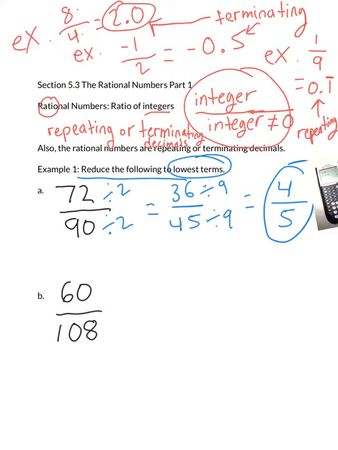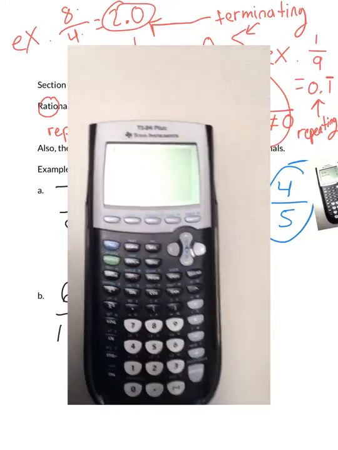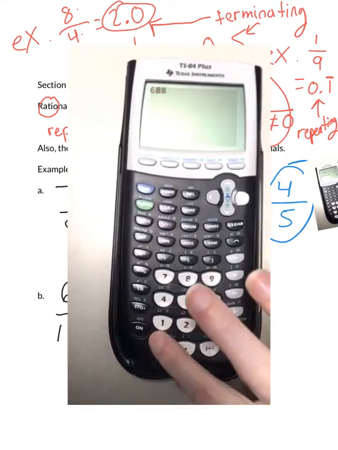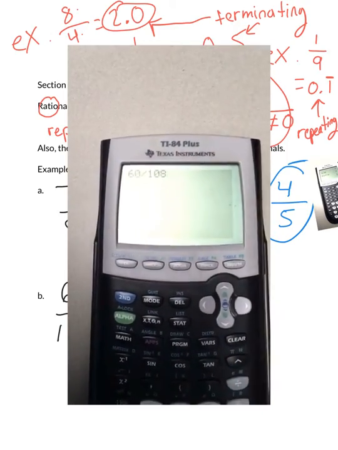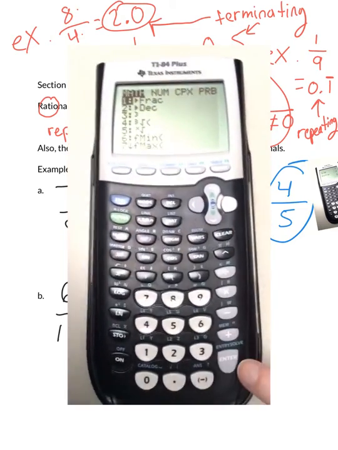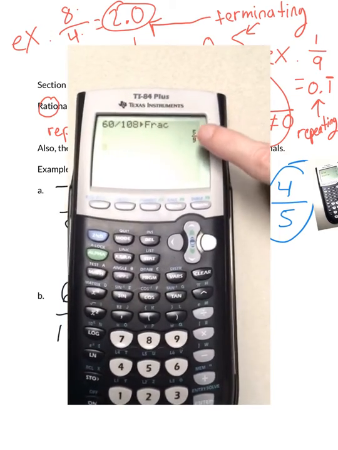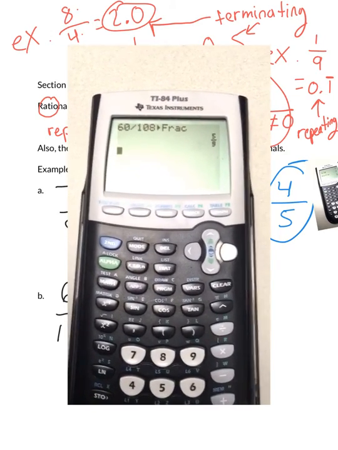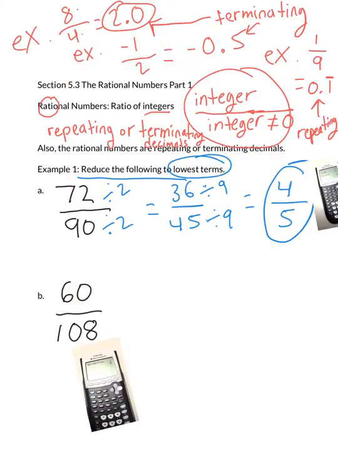Let's go ahead and take a look at B. B is 60 divided by 108. I'm going to go ahead and do that in the calculator one more time. I'm going to go ahead and type in 60 divided by 108. There it is on the main screen. Math, enter twice, and 5/9 is the final answer. I'm going to write that in, so equals